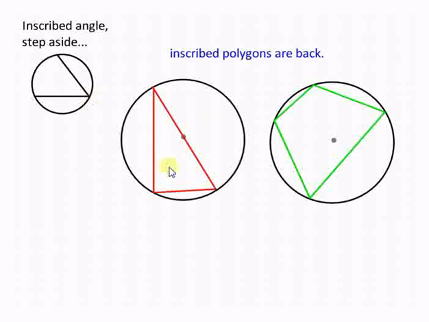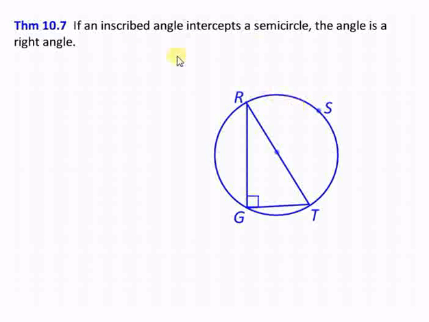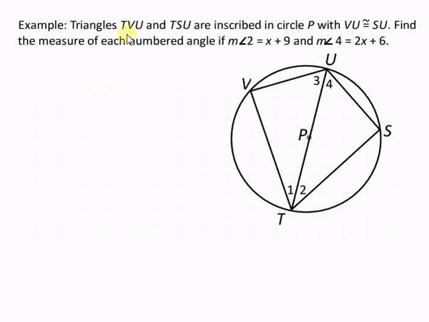Okay, our last two theorems for these two lessons deal with inscribed polygons, particularly triangles. You'll notice the diameter is the long side of the triangle, and with quadrilaterals. You can copy down the theorem word for word if you like, but the picture here says it all. If you have a diameter and it's one side of a triangle that's inscribed in a circle, this has to be a 90-degree angle. That's pretty much all there is to it. So, for example, in this problem,